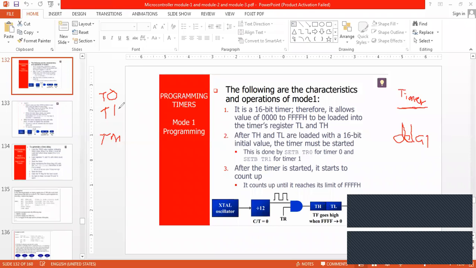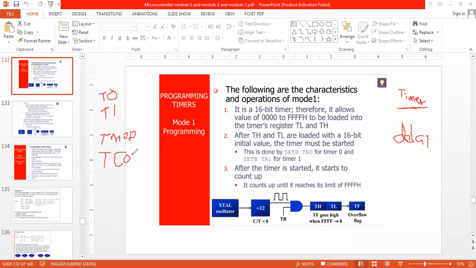So T0, T1, Tmod register, and Tcon register. Okay.